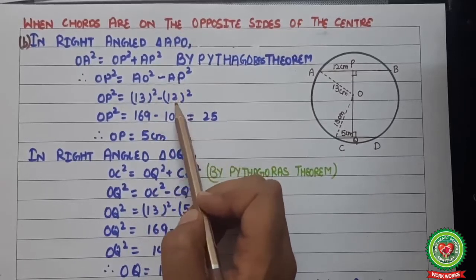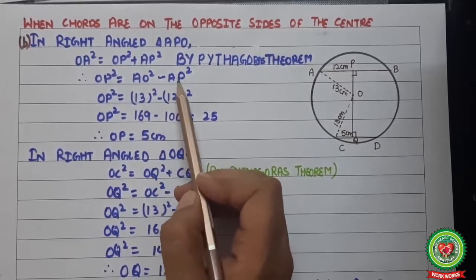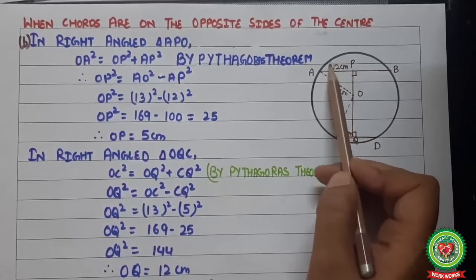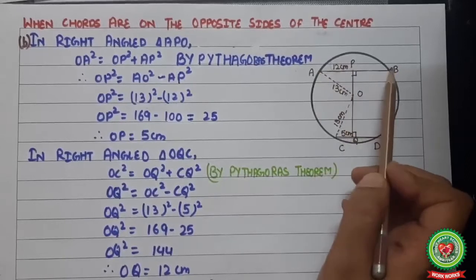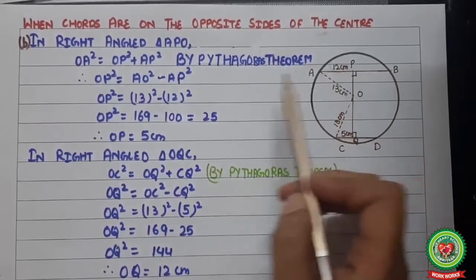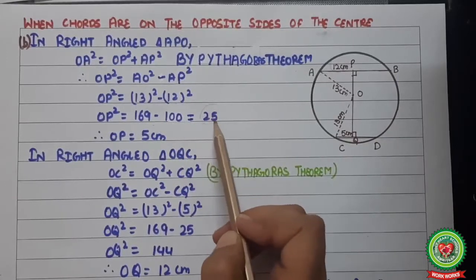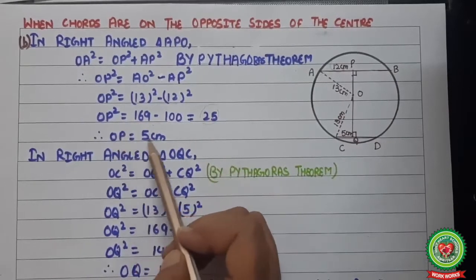This is 12. Radius 13 and the length of AP. It is given to us because it is half of 24. This full chord was 24. So 12, here we'll put 12. Now do the subtraction from here. We will get OP equals